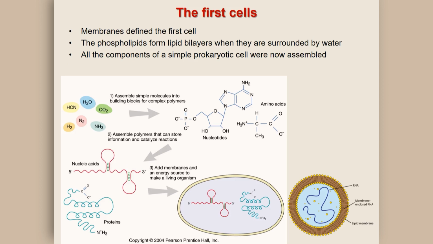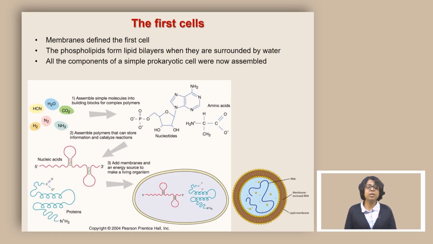Now, once you have this formation of the first cell, what would be the nature of this cell? In today's world, we know that there are primarily two major types of cell. One is the prokaryotic cell, the other one is the eukaryotic cell. And the first formed cells, we understand that they resembled simple prokaryotic cells. Eukaryotic cells contain more advanced organelles which are missing in prokaryotic cells, and just with the mechanism that I explained, it is very hard to explain how the organelles would have formed by this process at the very beginning, and therefore, the idea is that the first formed cells must have been prokaryotic in nature. They were small, they were simple, and they primarily had these two components. One is the nucleic acid and the other one is protein, and probably all of them were encased by the